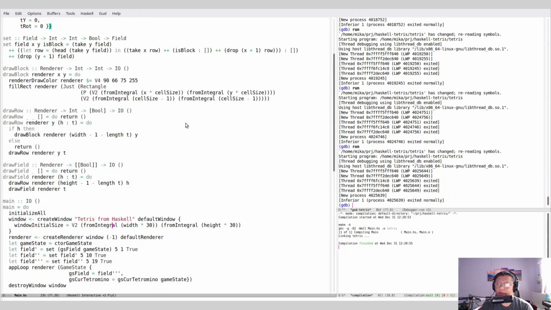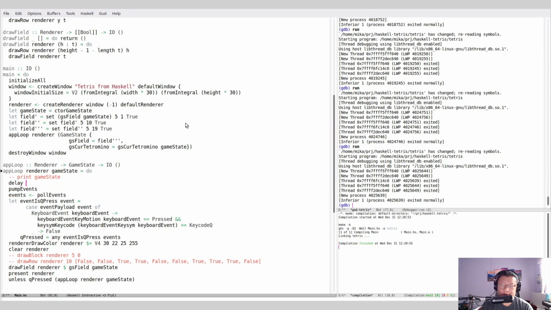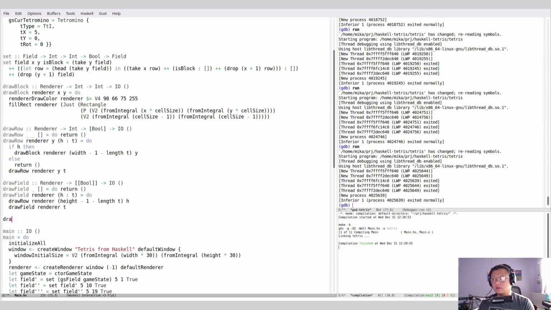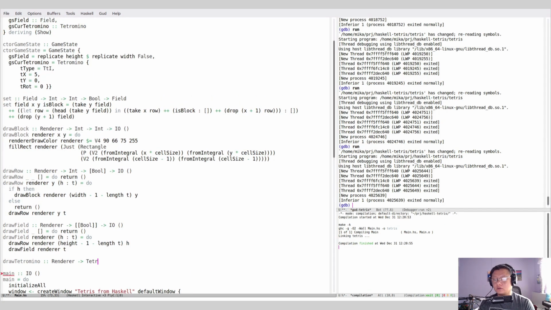Yeah, I think we need, so let me have here delay 500 probably, and we need to have a drawTetromino function. drawTetromino is going to take renderer, and it will take Tetromino. Oh wait a second. Yeah, drawTetromino. So it takes renderer, Tetromino, and